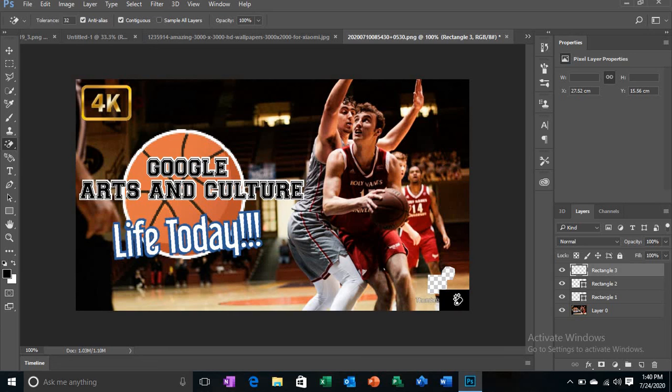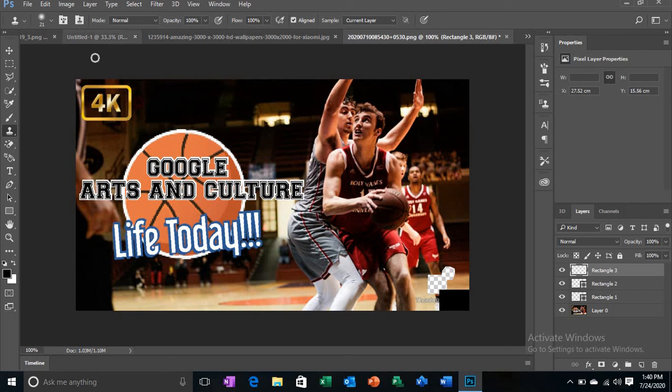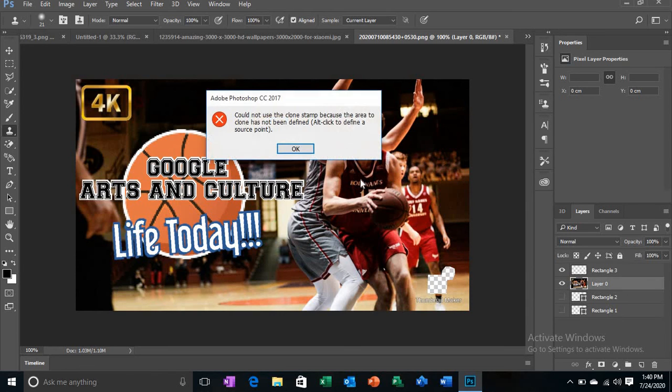So by this magic eraser we could remove it, but we have to resize it. And this is cloning, so we would clone this thing. Okay, so it is not identified because it is a background thing, it can't be identified. So first we have to insert any image on this by the method of layer, and then we could do anything. Like I want to remove this rectangular layer, and the rectangle is removed now.